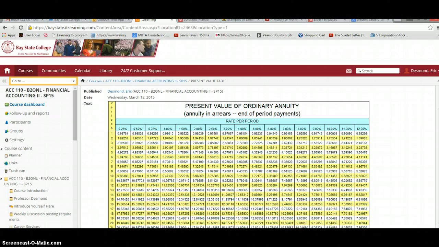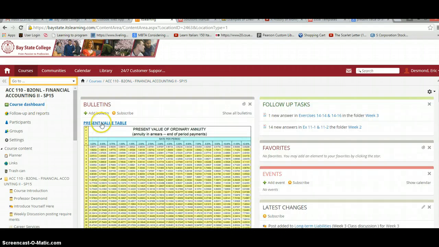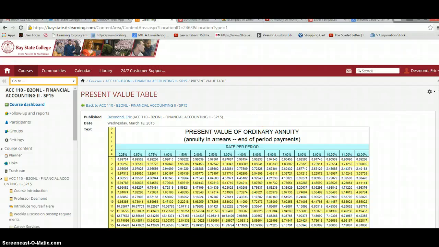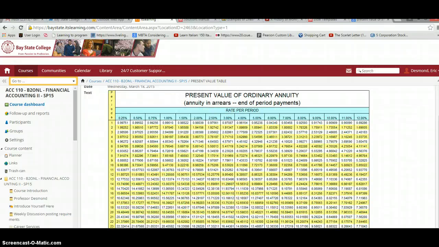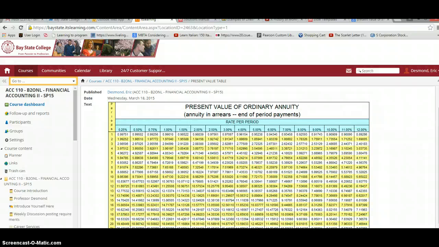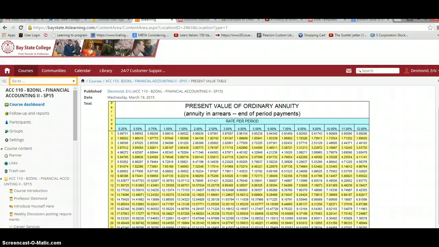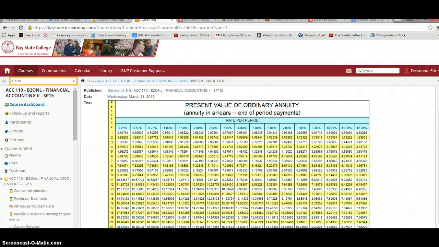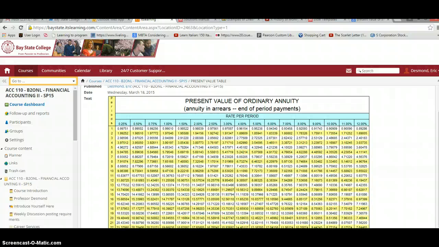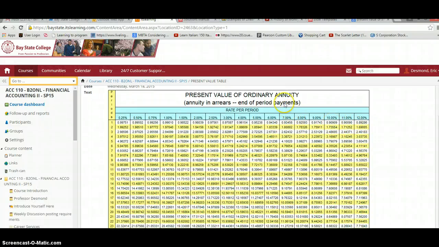Now, hopefully you remember from your finance accounting courses or your financial management classes this present value of an ordinary annuity. It's a rate factor table, and what it does is it tells you what period payments are going to be at a specific interest rate over a period of time. So if we look at Fog Hog, they borrowed $60,000, 8% interest, so these are the interest rates over here, over a 6-year period. So we're going to get this what's known as rate factor,